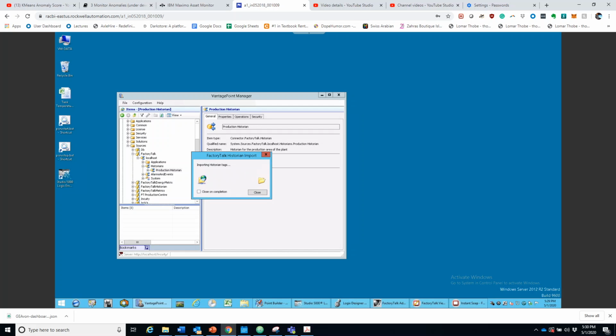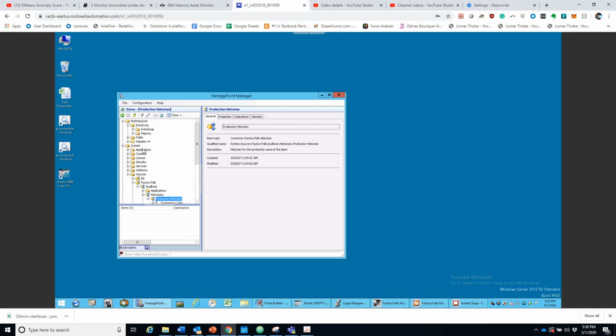This will initiate the tag import process, which is doing right now. It takes a little bit of time, but there you go. Boom. I'm going to click OK. And then we're going to navigate to Systems, FactoryTalk,